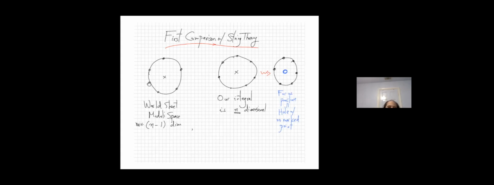With some worldsheet moduli space, anyway, with a puncture inside, and it isn't, because this moduli space is n-1 dimensional. Okay, so when you mod out by SL2, you can use two of the degrees of freedom to shove this guy to the origin and one more to fix one guy on the outside. So it's n-1 dimensional, whereas our integral is n dimensional.